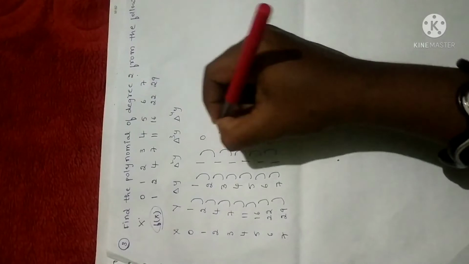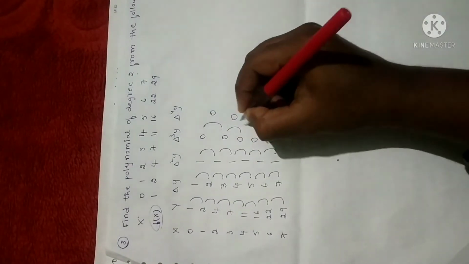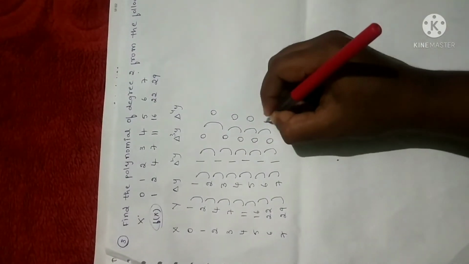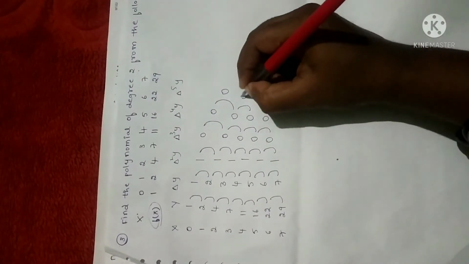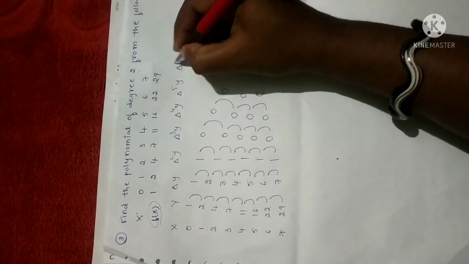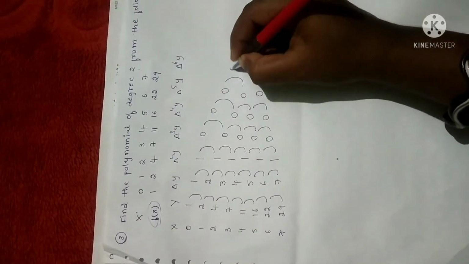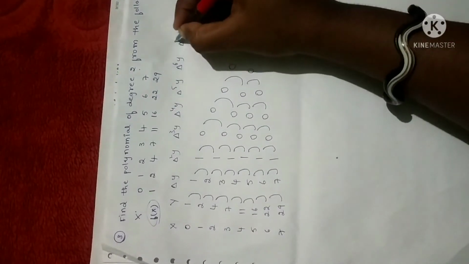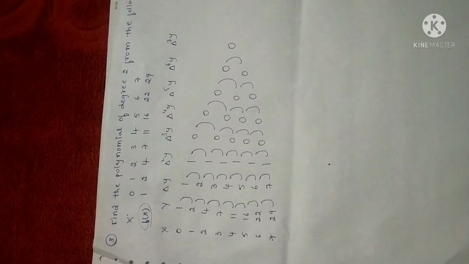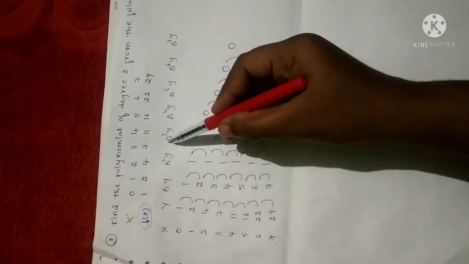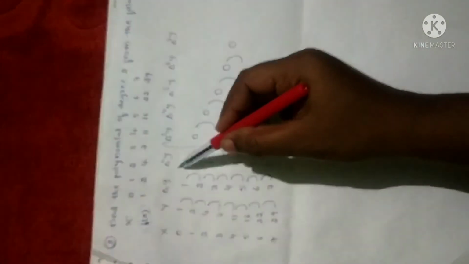Next the fourth forward difference, 0 minus 0 is 0, and so on, all zeros. Next the fifth forward difference, again all 0. Next the sixth forward difference, again it is 0 only. Again for the seventh forward difference also you will get back the same. But in writing the formula, it is enough to write up to delta square y. You just have to represent it in a difference table. So let me write the terms containing up to delta square y.